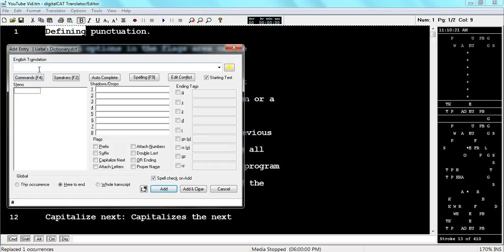So remember that in DigitalCAT, every translation automatically has a space after it, unless the prefix flag is checked or the suffix flag is checked on the next translation. These flags are important when you are defining punctuation. So let's start with defining the period. You're going to put a period in there, and remember, it automatically has a space there, but if you like